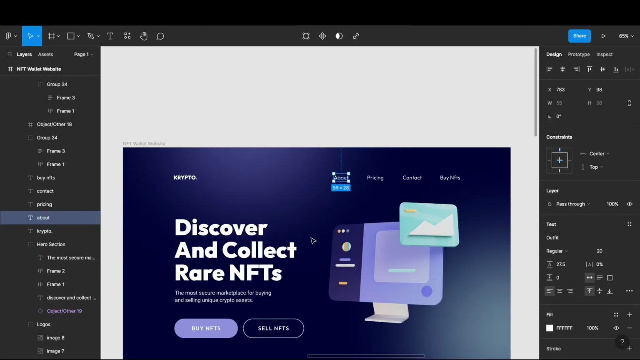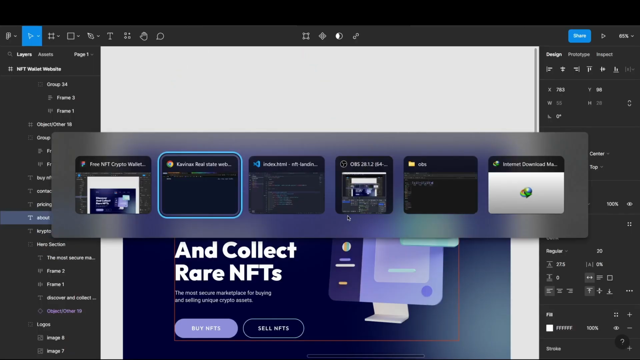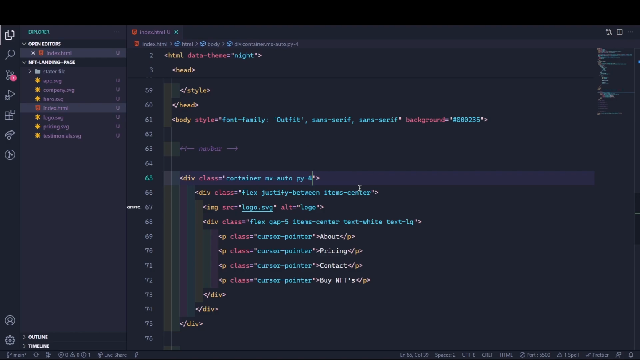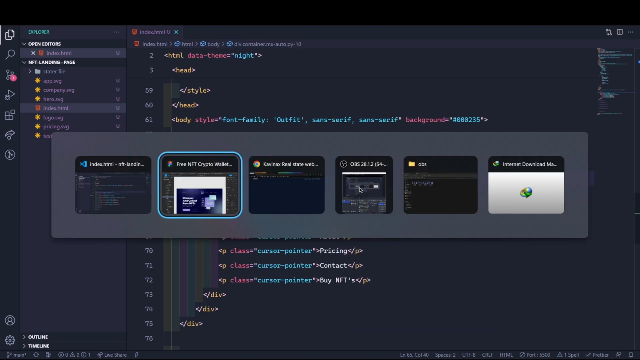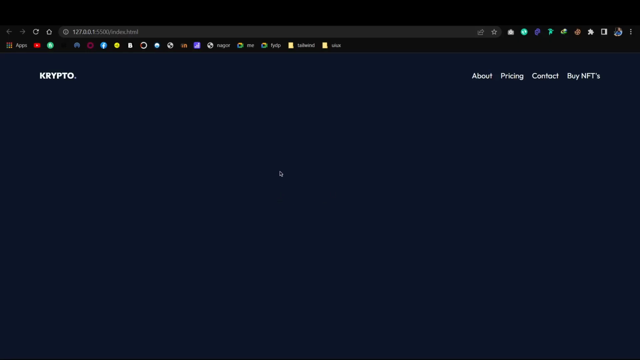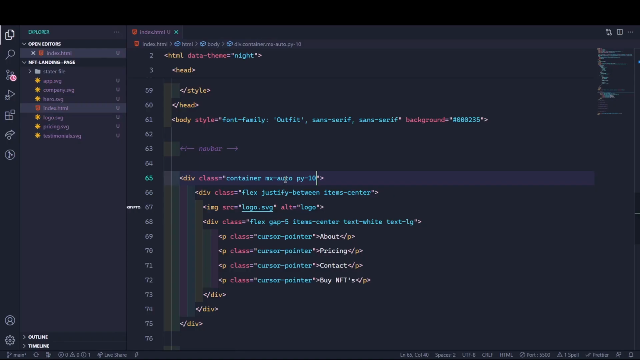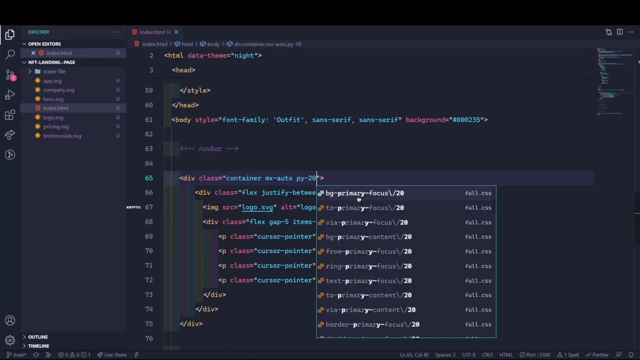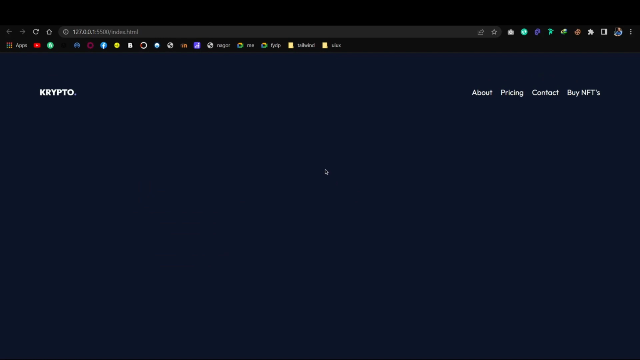Let's see the design first. No, it will need more gap. Okay, so 10 something else. 10 is also less. Then give 20. Okay, now it looks good, right? Okay,